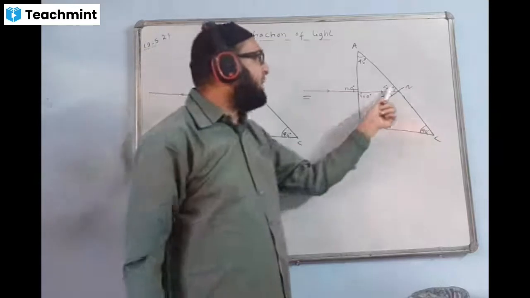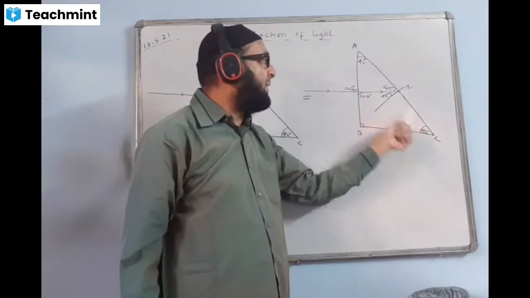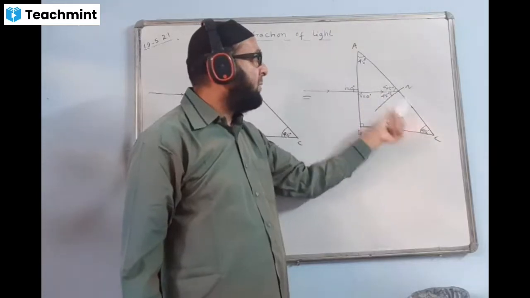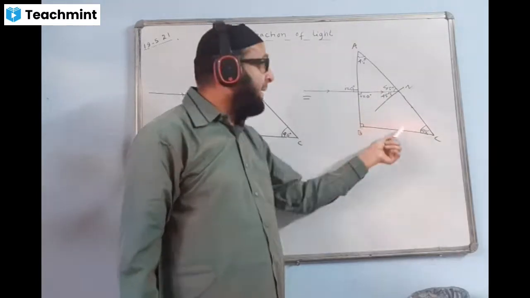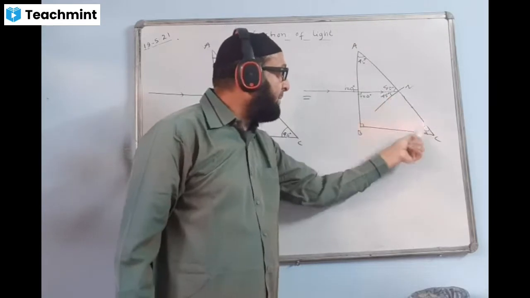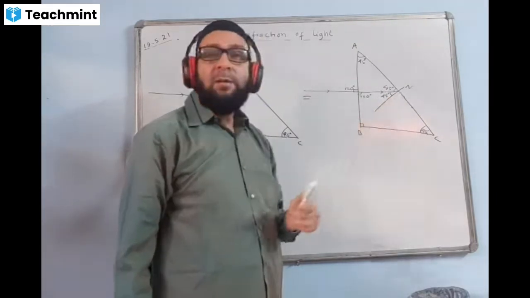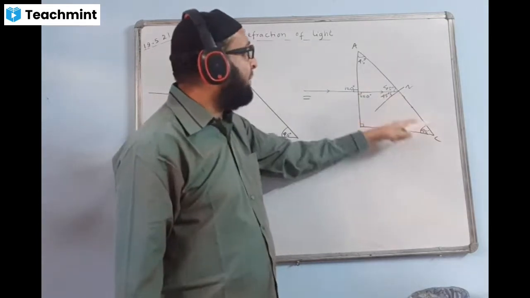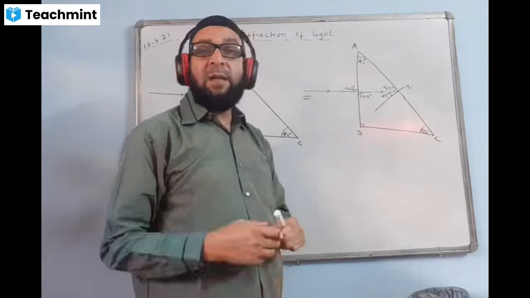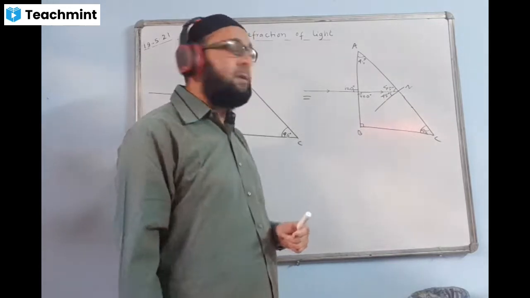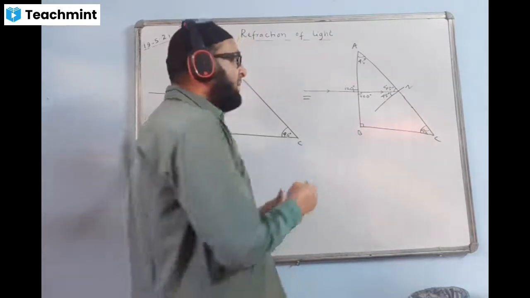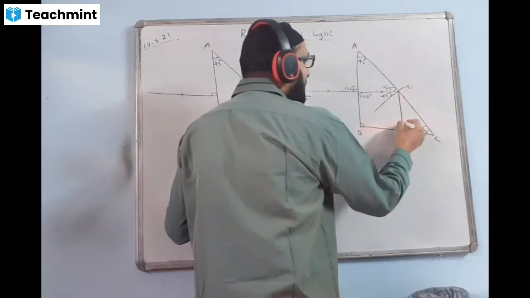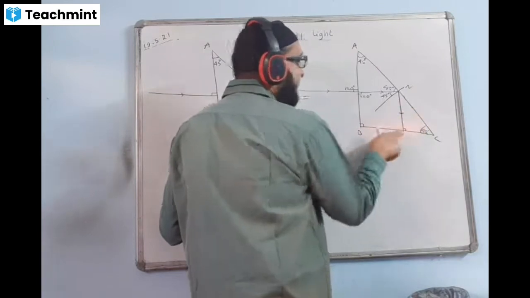Now I'll tell you one thing. This angle and this angle will become two angles of a triangle. 45 plus 45 is how much? 90. Then the remaining angle, because this part, when the ray turns out, this will become a triangle also. So total angles of triangle is equal to how much degree? 180 degree. This is 45 plus 45 is 90. We subtract this answer from 180. 180 minus 90, how much is the answer left over? 90. That is the ray turns in such a way that this angle becomes 90 degree.